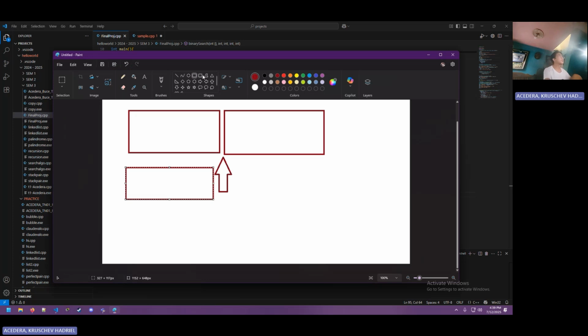So assuming we halve this, we check the middle if it's greater than, equal, or less than. Say the middle is less than the key. The key must be somewhere around here, and then we divide it into two again and check repeatedly until the middle is equal to the key we're looking for.